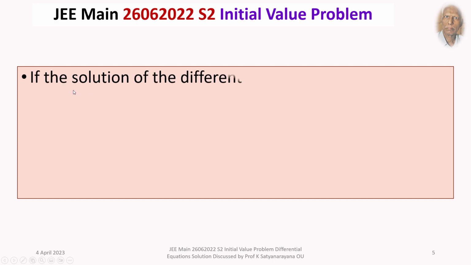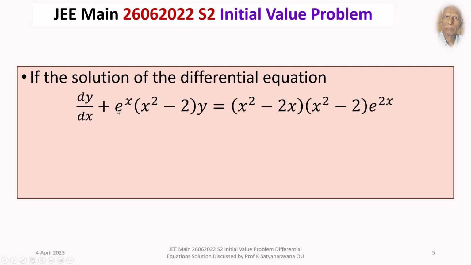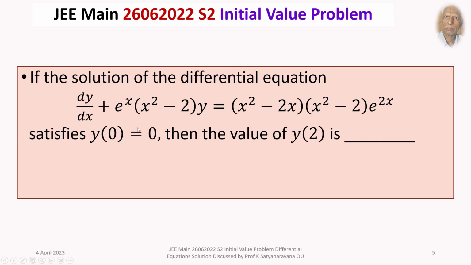The given problem is: if the solution of the differential equation dy by dx plus e power x into (x square minus 2) into y is equal to (x square minus 2x) into (x square minus 2) into e power 2x satisfies y at 0 is equal to 0, then the value of y at 2 is, we are given four